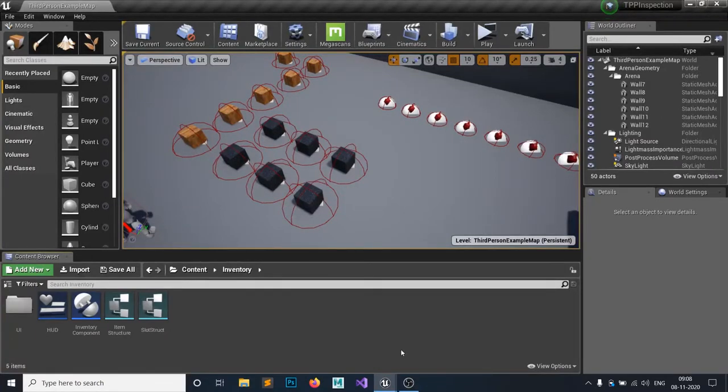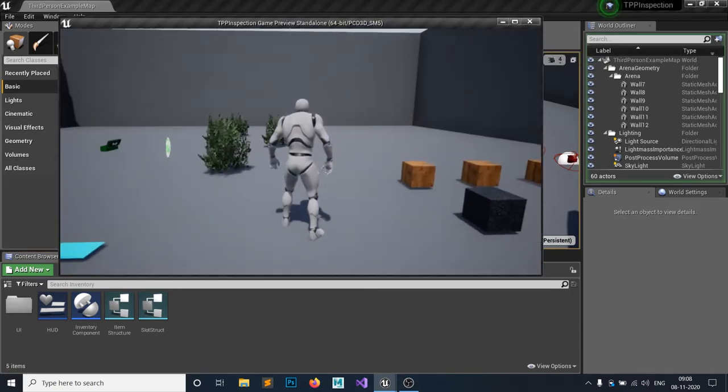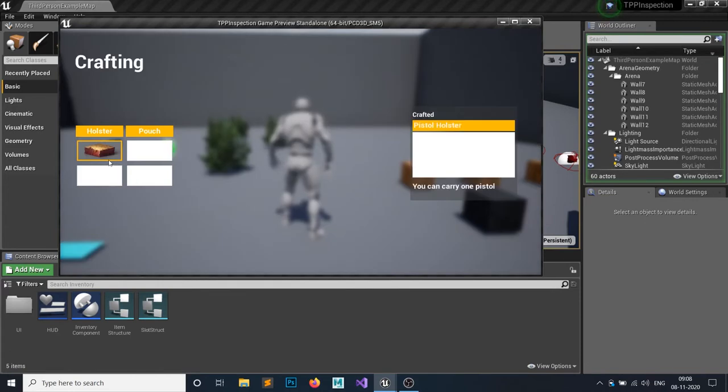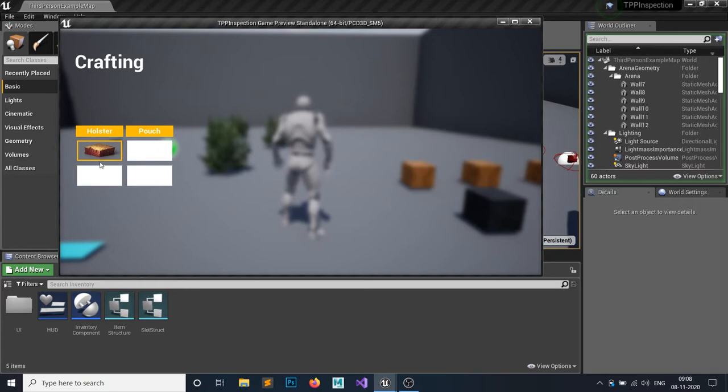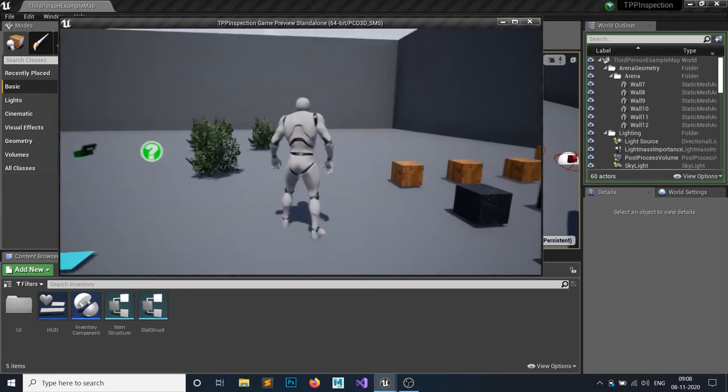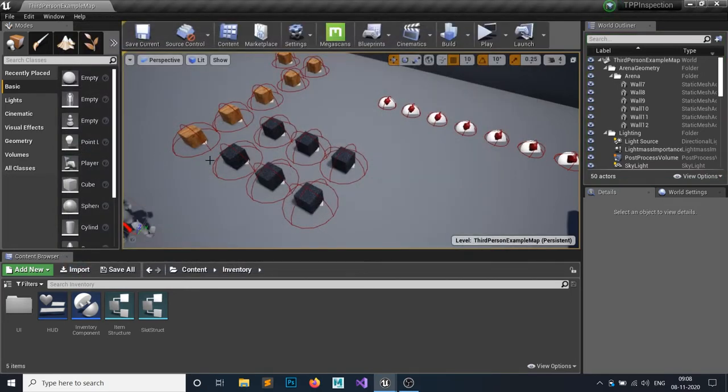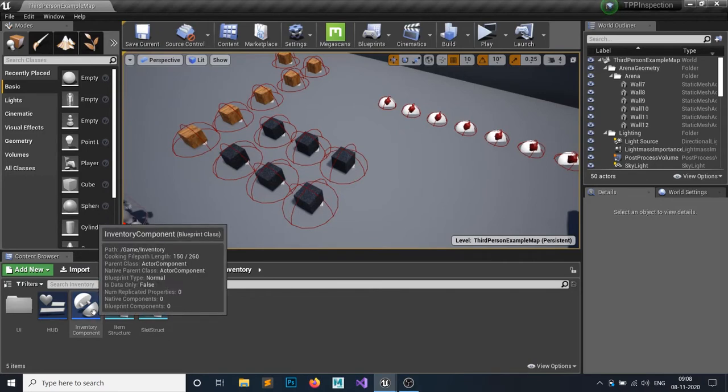Welcome to the Unreal Engine 4 tutorial series on how to make a crafting system. Last time we left off with doing this hovering part where we can toggle on and off, and if we hover over this we can check the values of the throwables and every other required items. In this tutorial we will complete that inventory search function and then we will craft the item.